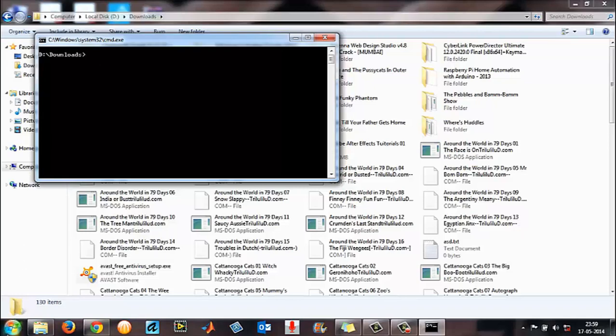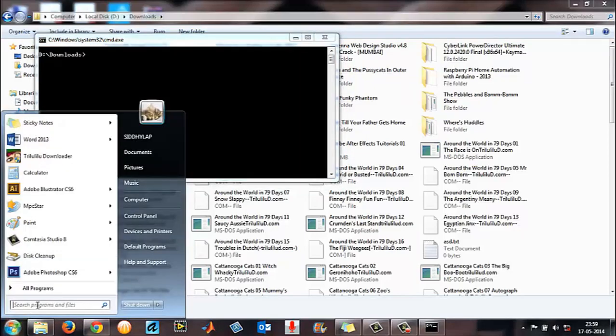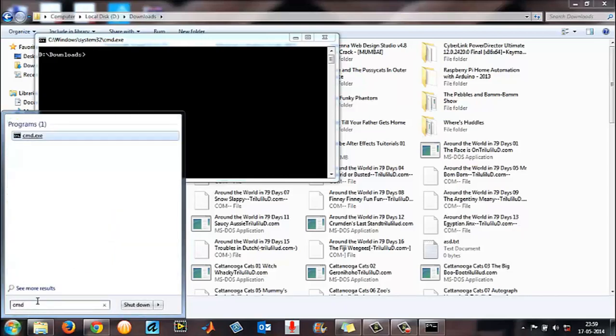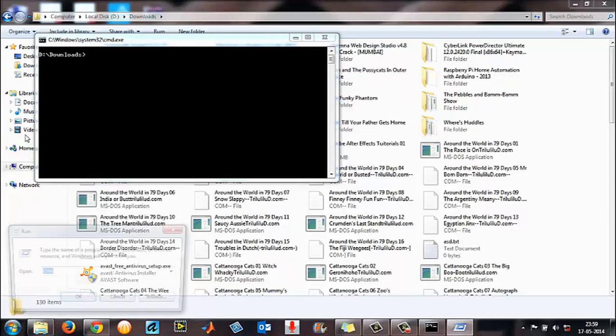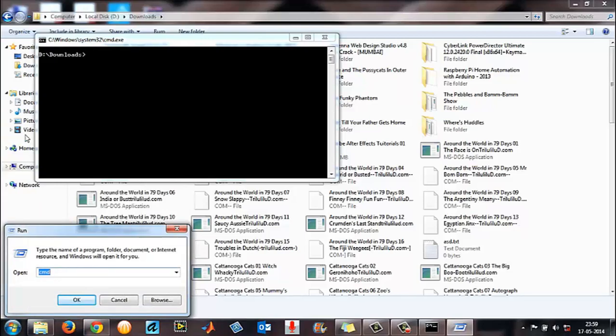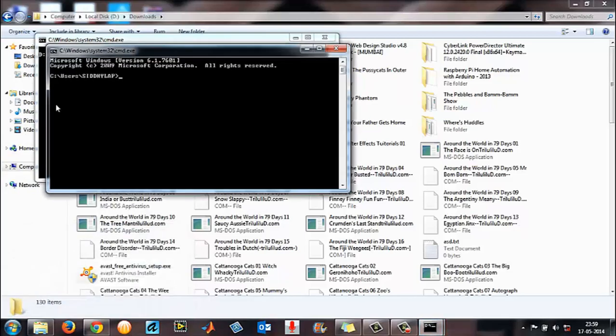Another way you would open your command prompt is from the start menu. Start, search programs and files, you could type cmd and you will have a cmd.exe, or else you could choose run, in run type cmd, press OK.